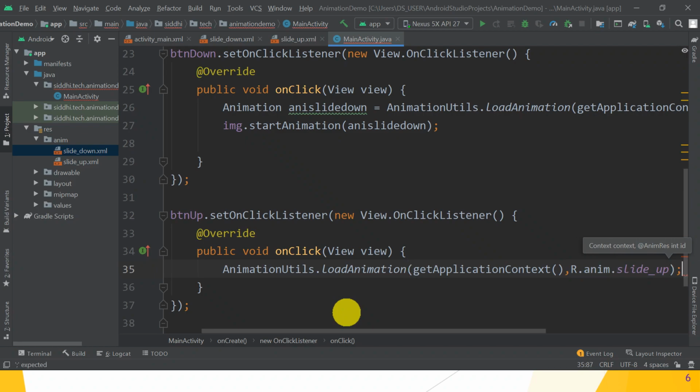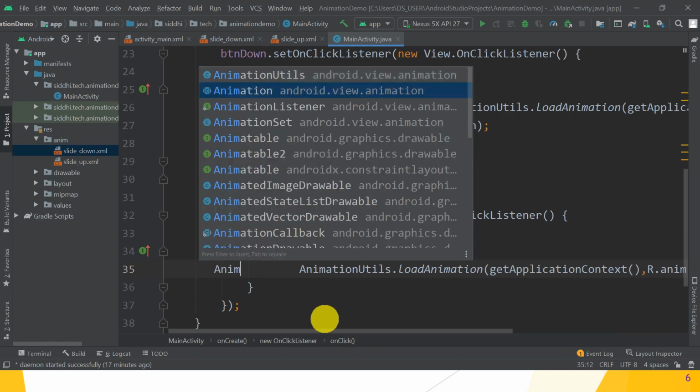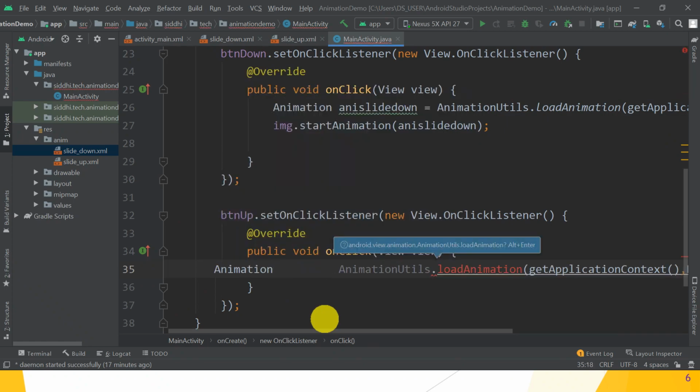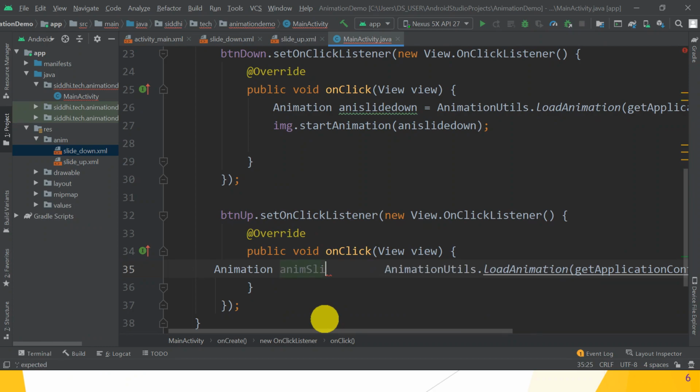What does it return? So the loadAnimation method, what is the return type of this? It returns the object of the Animation class. So catch it into an Animation object, that is animSlideUp is the name of the animation object. Great.